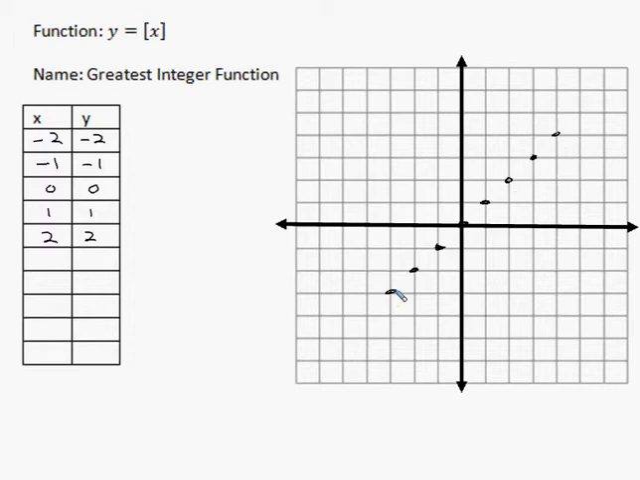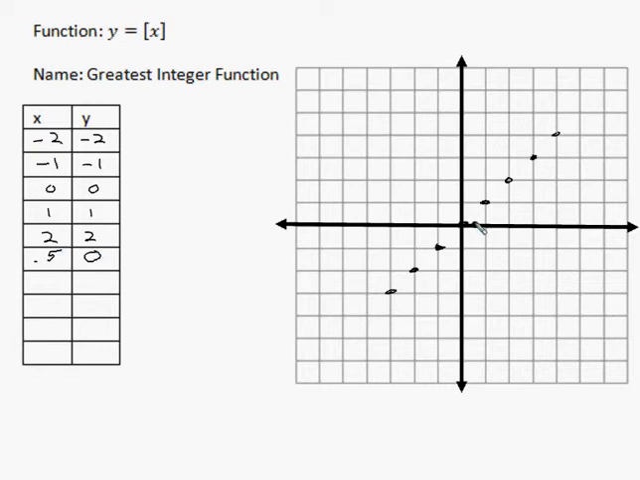So now we want to choose some decimals. Let's pick 0.5. What does 0.5 round down to? Remember, we always round down. It's always floor. We don't ever round up. So 0.5, we're going to round down to 0. So we have the